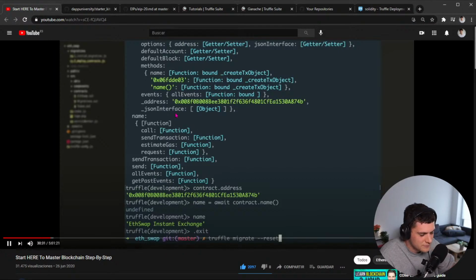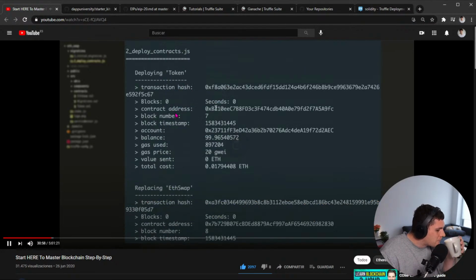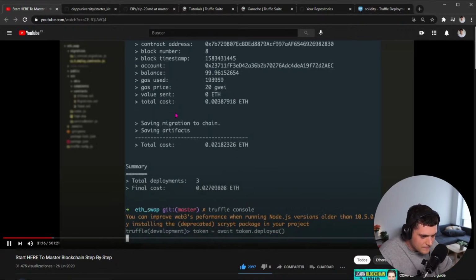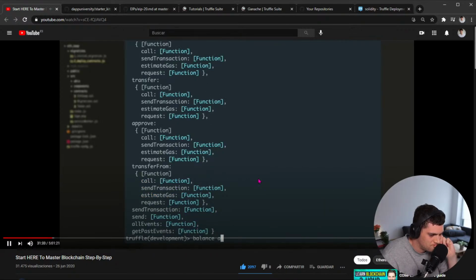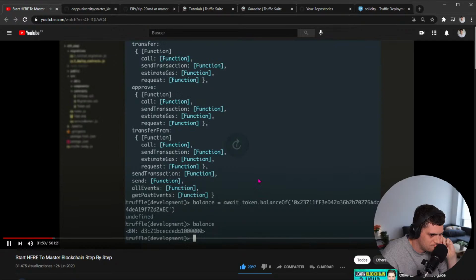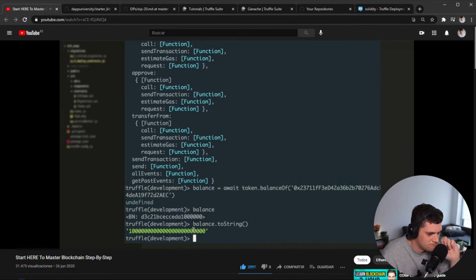That's the whole point. Whenever you write the smart contract code and put it in the blockchain, you have the ETH swap exchange. Capital T. Await. Here, copy paste this. All right, say balance your string. All right, boom, there we go. So what we can see is